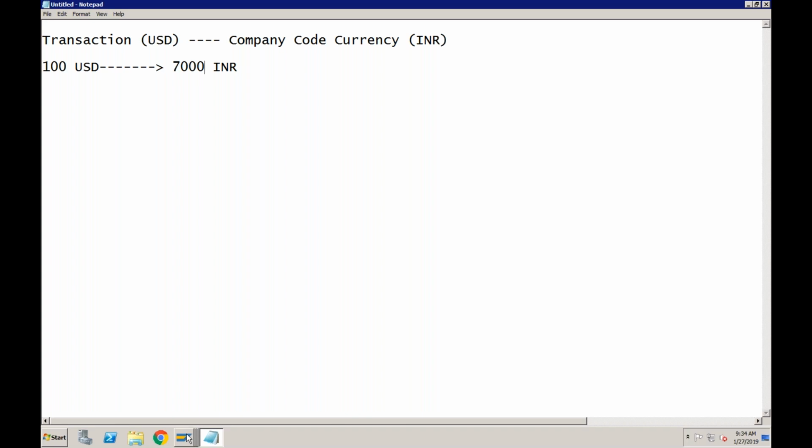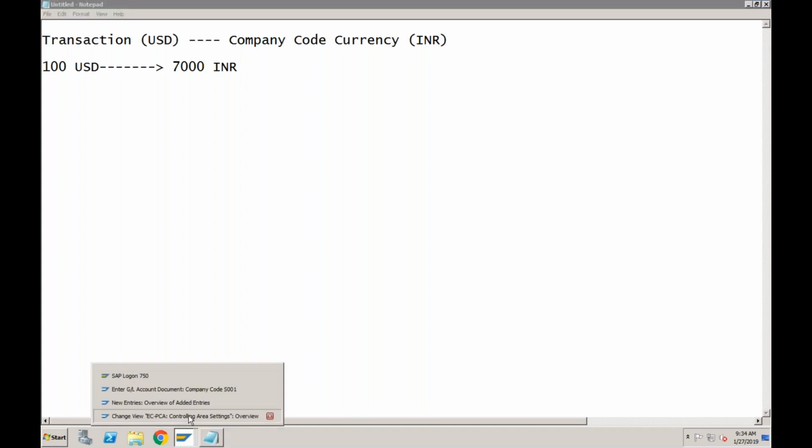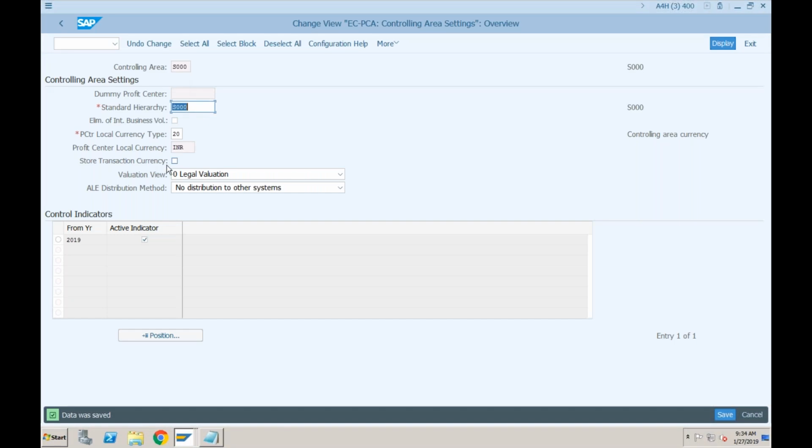Similarly, in profit center accounting, you can have the normal document currency, which is the transaction currency, and the currency which you activated just now. You said INR. So normally, if you don't tick this indicator, in all your profit center accounting reports you will get the report only in profit center currency.